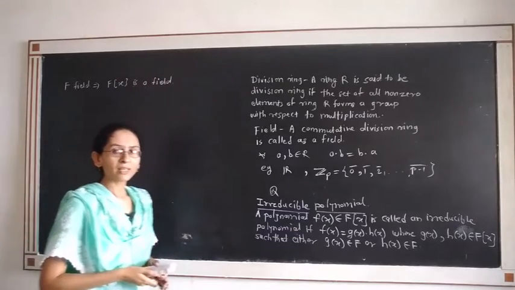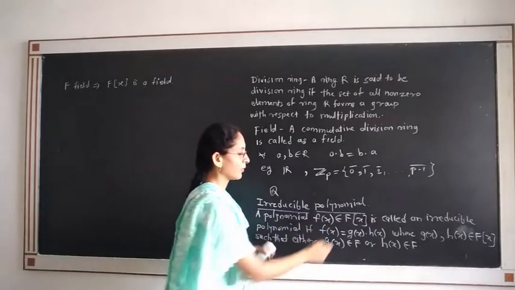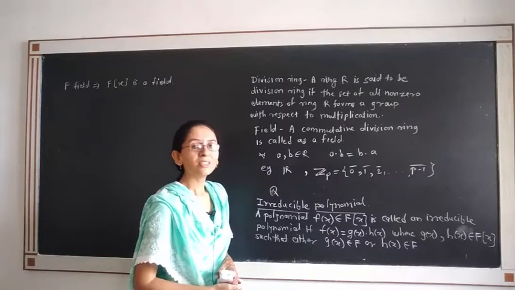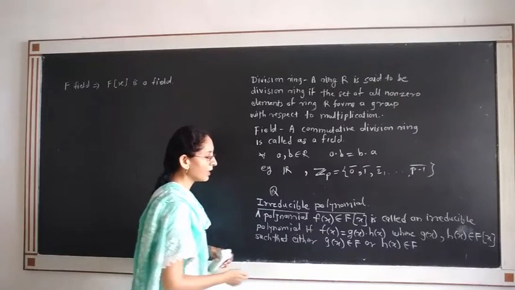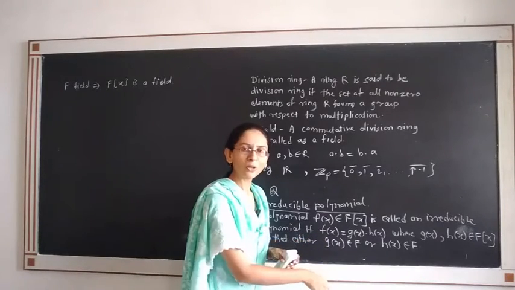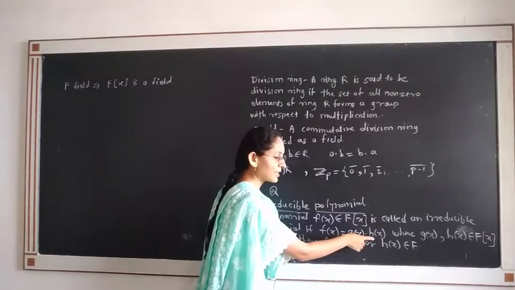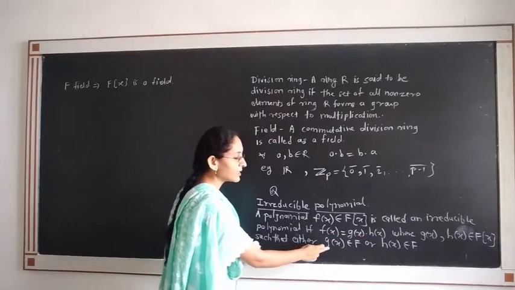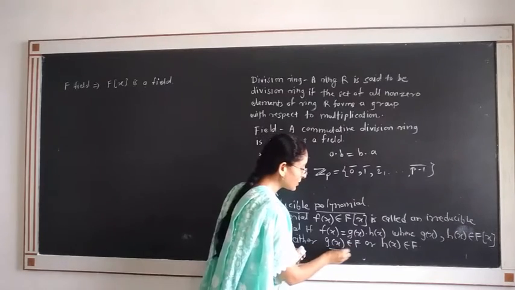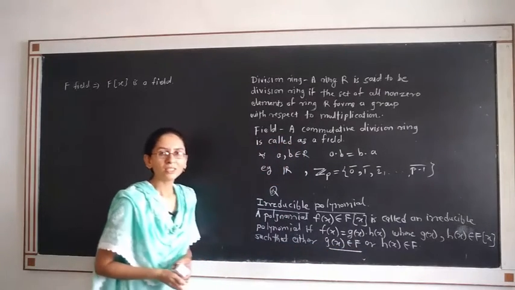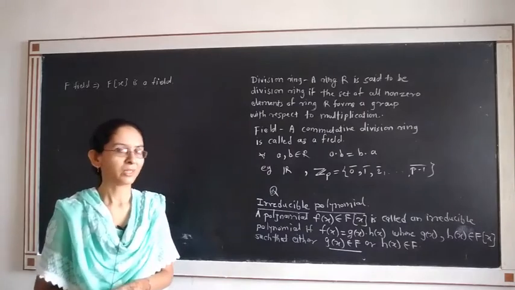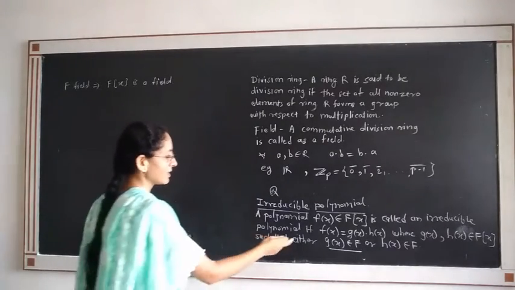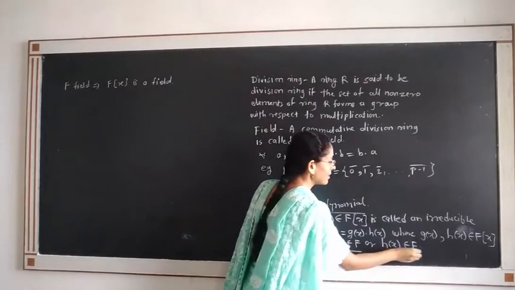Okay. Now we are taking the polynomial f(x) from the field F[x] and talking about its irreducibility. It's said to be irreducible if f(x) is written as a product of two polynomials g(x) and h(x), where g(x), h(x) belong to F[x], such that either g(x) belongs to F. What is the meaning of g(x) belongs to F? It means g(x) is a constant number, since F is a field. There we are taking g(x) from F, meaning g(x) is a constant number, or h(x) is a constant number.